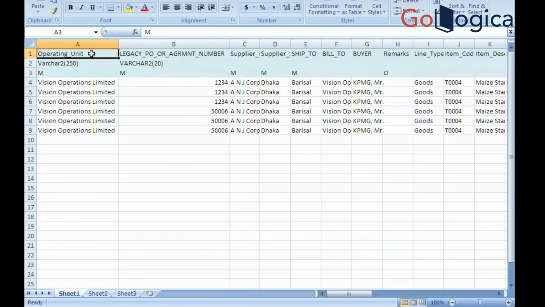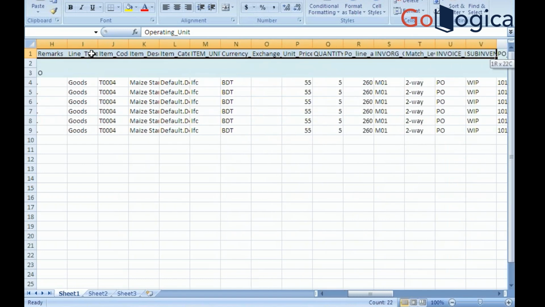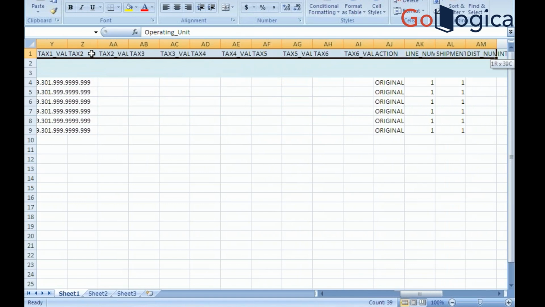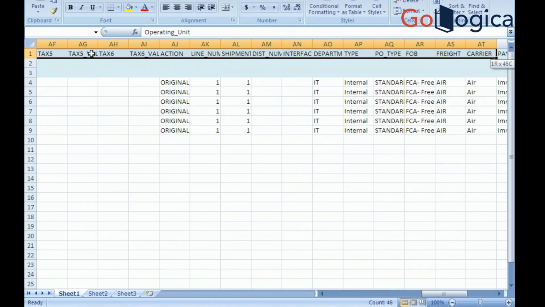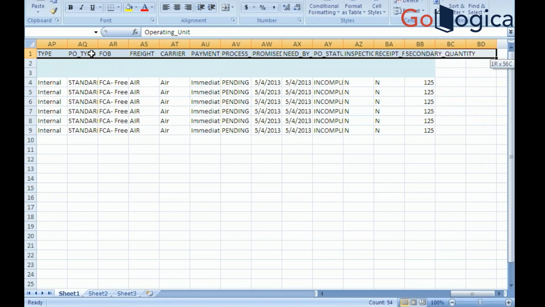This is the file structure. Now copy all these columns and you can create your staging table. Understood? Create the staging table based on the file structure. Clear? This is the thing you can do up to here. Copy all these columns and then go to